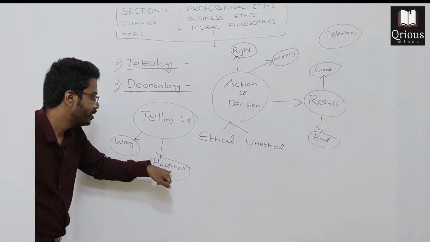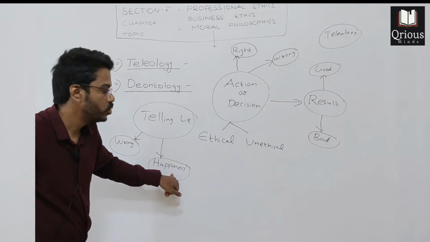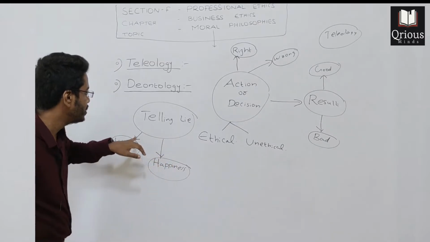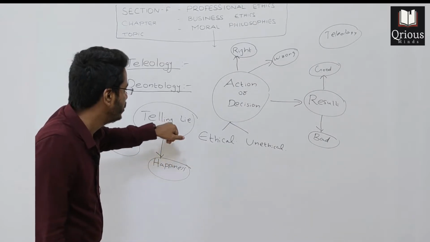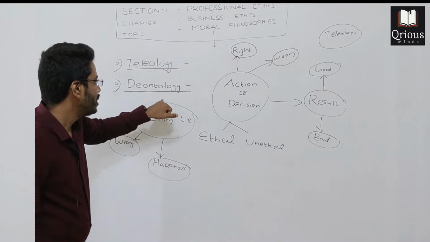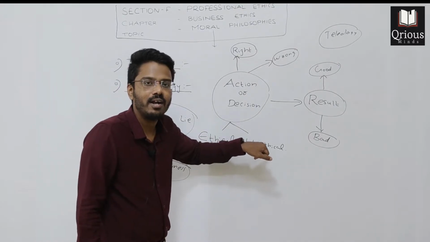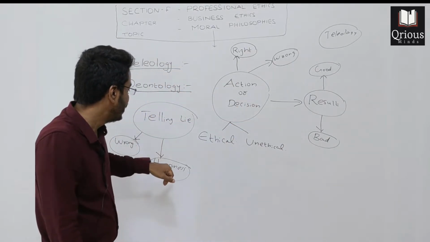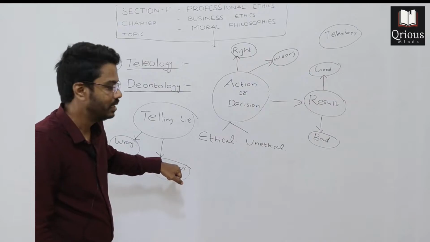It does not care whether it brings happiness or sadness to another person. It doesn't care about the end result. It just considers the action only, action or decision only. And telling a lie is a bad thing. So deontology advocates that telling a lie is unethical, whereas teleology advocates that if it brings a good result, then the action